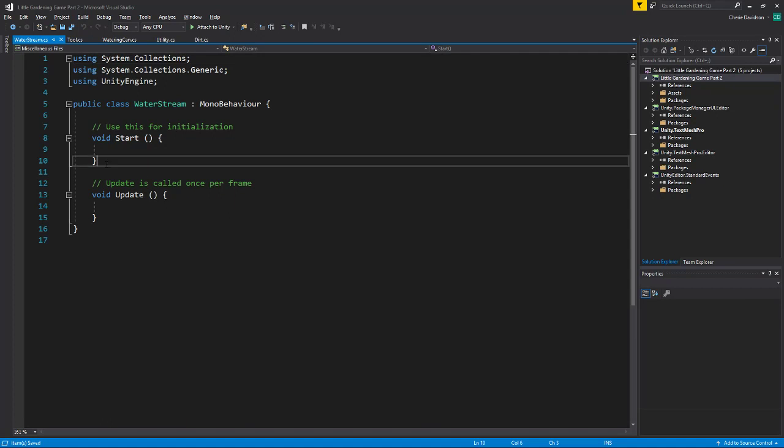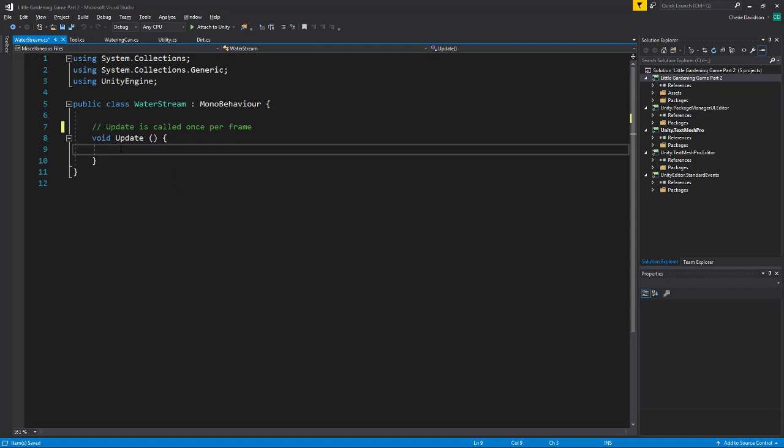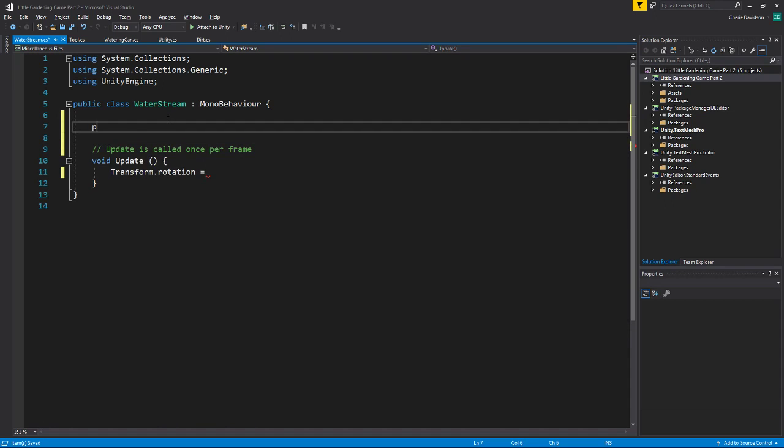And I'm just going to make sure that every single frame, the watering stream is upright. So this is just going to say transform rotation equals... actually I'll save it in a private variable. Private vector 3. I'll just call it... do I want to call it rotation? That will conflict with this rotation in a way. Let's call it stream rotation maybe. Stream rotation, and I'll make that